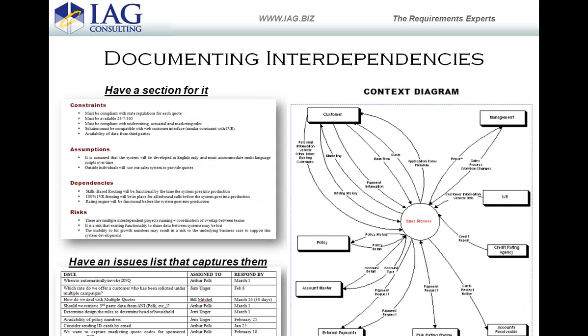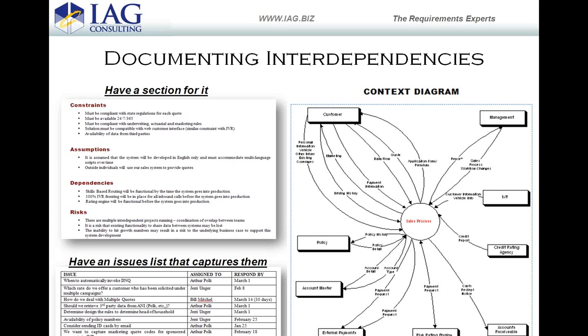As we talk about interdependencies, they're absolutely critical. We use cross-functional sessions to drive out the requirements. We'll have as many as 40 people in a room driving out the requirements for a particular business process. And we focus on what the business wants to accomplish first. Then we drill into how we're going to accomplish it. So in here, what we're talking about is just some basic things that you could be looking for and putting into your